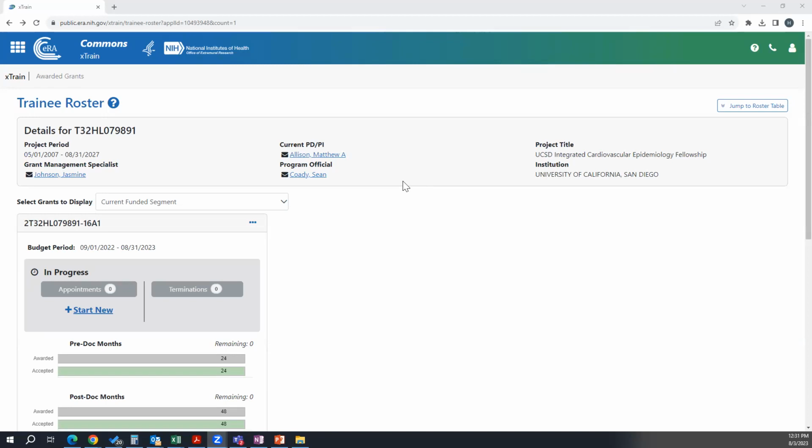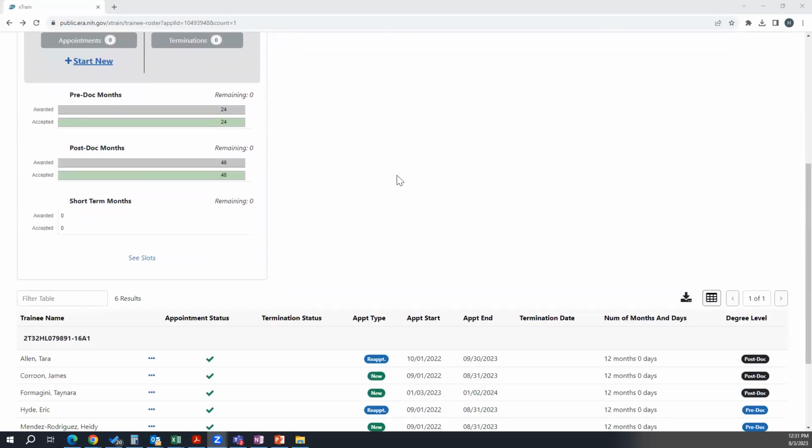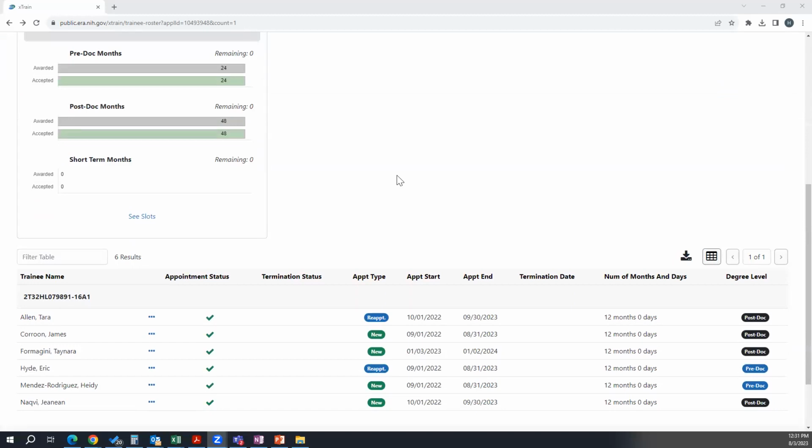Can you scroll down just a little bit? And then who's the person you're trying to terminate? She just said they were going to be working on, I think, terminating this Tara Allen soon, that she just wanted to make sure I had access, so whenever it was time. So I think what she meant is that you assigned a business official, and so you may not have that role, but actually if you let me share my screen,